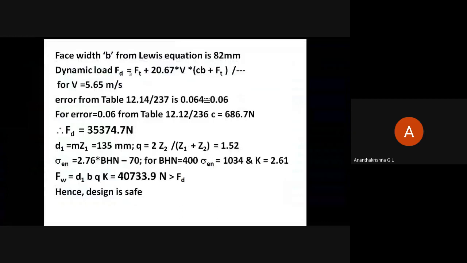Go to Lewis equation. Ft is equal to sigma naught Cv by pi m. So Ft we have something divided by module. Substitute for module m as 9 and get the value of Ft. Cv is 0.3505, we have found out. Because pinion is weaker, sigma naught will be of pinion, and the Lewis form factor y will be of pinion again, here in this equation of Lewis.